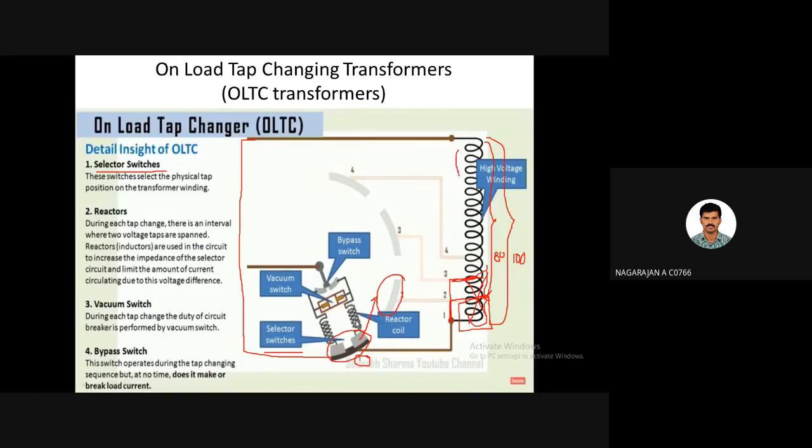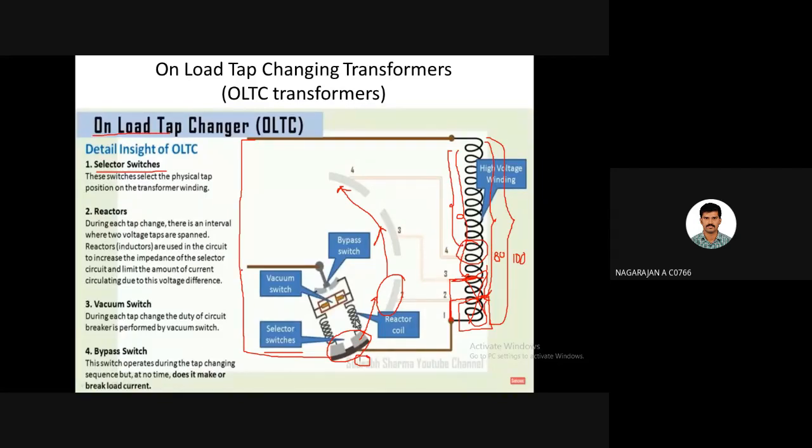Okay, only this much of the coil is connected with the circuit. When I keep the contact here, and similarly here and here, only this much voltage will be connected. So do you understand? It is the same as an auto transformer. When you change the contactor in an auto transformer, based on the secondary turns, you will get an output. That is the same working principle of a tap changing transformer.